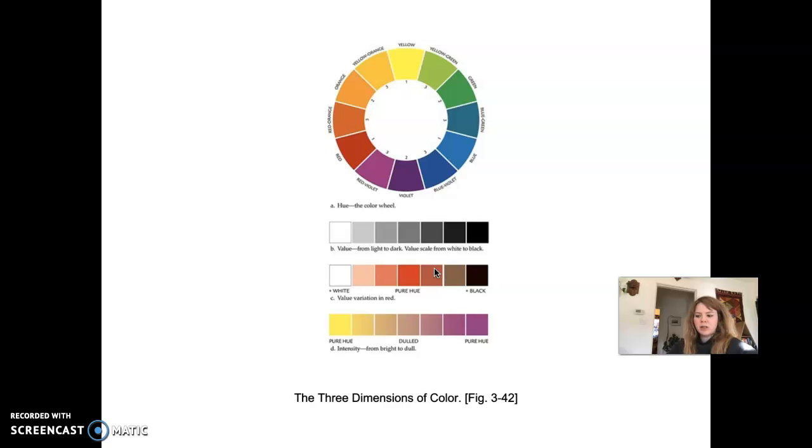So here we go. Here's a color wheel. The color wheel is used by artists to organize pigmented color. It's a visual diagram that makes it easier to see how one color might relate to another color. It is also helpful to artists who refer to the color wheel when trying to pick out a color scheme for an artwork. So it is organized by the primary colors, the secondary colors, and the